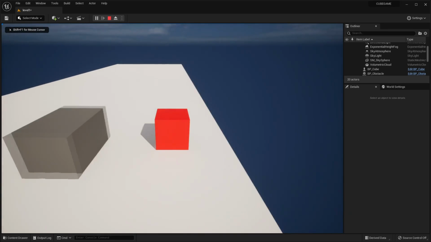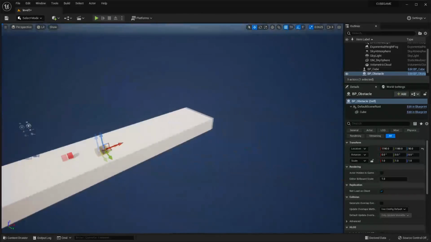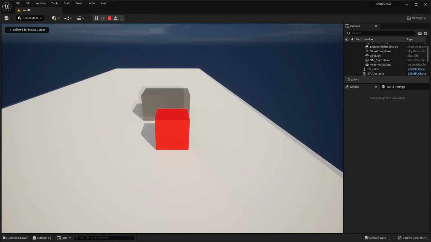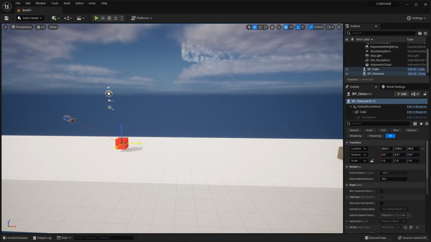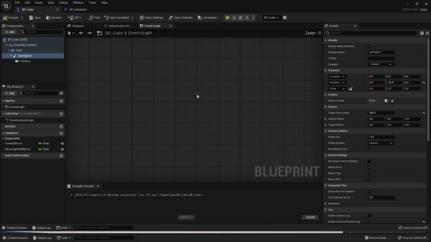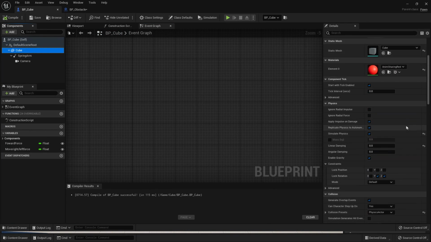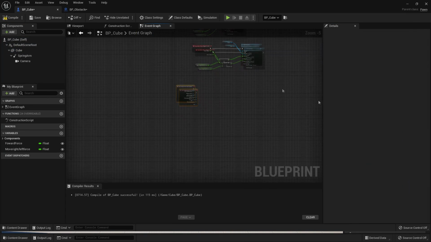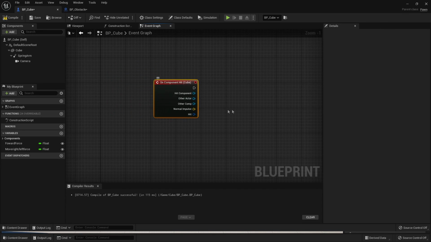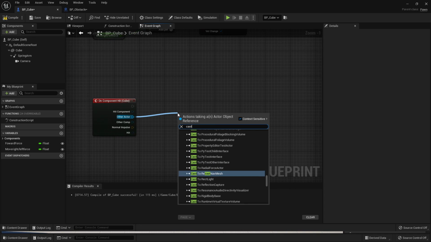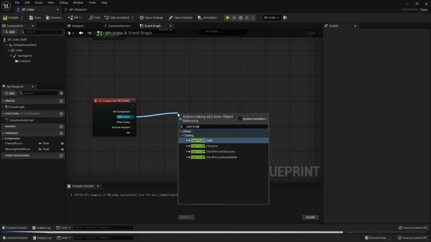And the idea here is we're going to make it so that when the player character hits this cube, they'll lose control of the cube character that they're playing as. So in order to achieve this effect, what we can do is open up our BP cube and go to the event graph. And if we just select our cube, we can scroll down, and here at the bottom we have some events. We just want to click on this on component hit. And on component hit, if we hit this cube, then we're going to disable our character's movement. So if I just drag off this other actor and look for cast to BP obstacle,